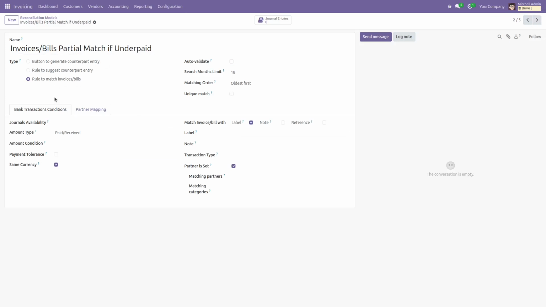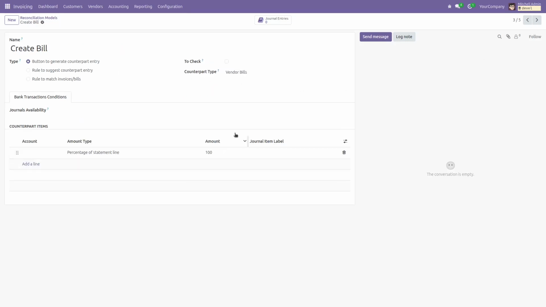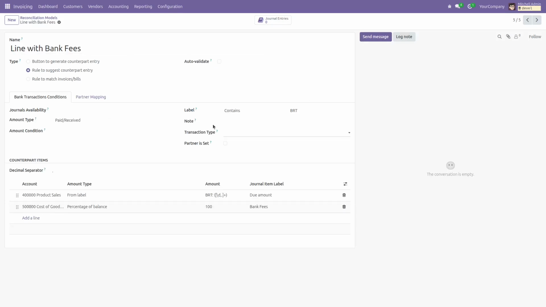The partial is done when we were able to find it, but it's not the same amount, so we are not validating and leaving that to the user. Also, here we have another option. It's a button to generate a counterpart entry. So this is a button there that allows us to create the bill automatically there. The internal transfer, it's the same idea. And the last one, the one that we saw in the last example, is the line with bank fees, and